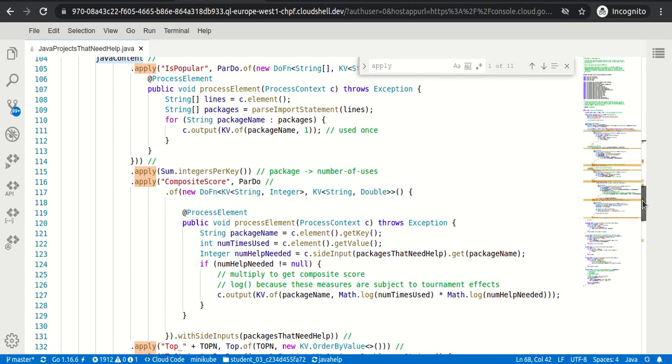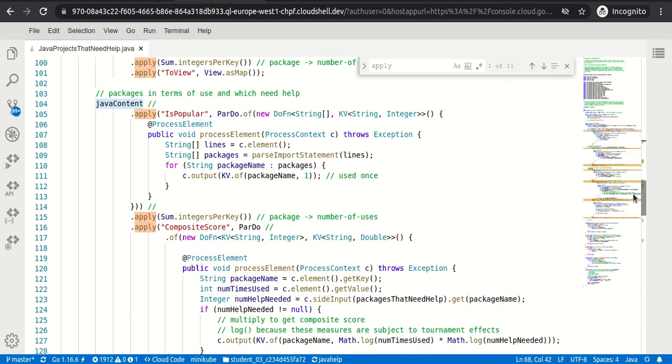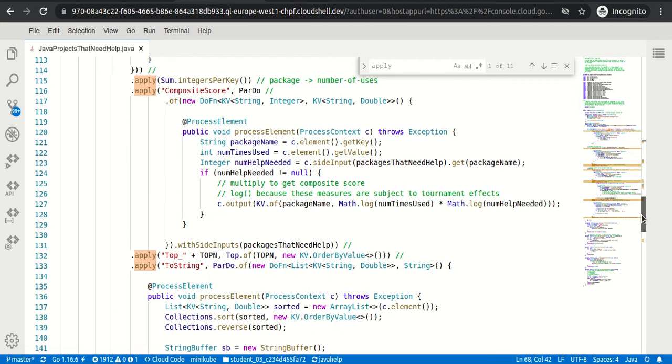So when we apply sum and when we apply the composite score, we are applying with side inputs, and which input is it taking?